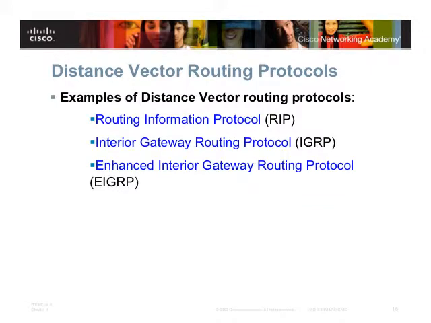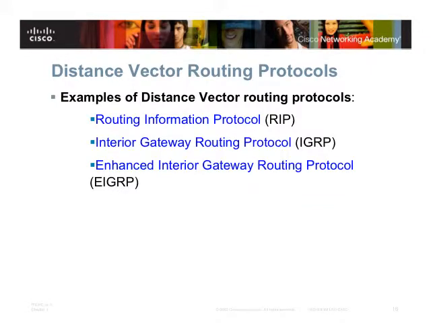Examples of these protocols are RIP, or Routing Information Protocol, Interior Gateway Routing Protocol, IGRP, and Enhanced IGRP. So Enhanced, as the name suggests, is actually the evolution of the IGRP. And both routing protocols are proprietary protocols that Cisco has developed in all their routers. So these two protocols are what they call de facto standards. They are not international standards.